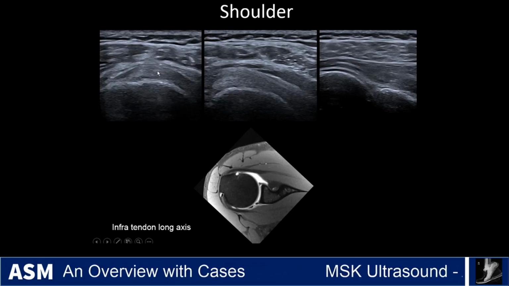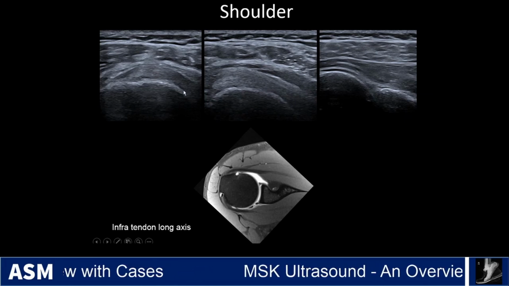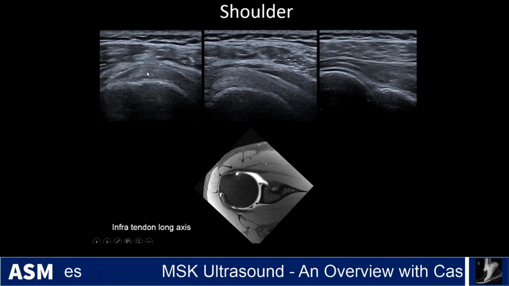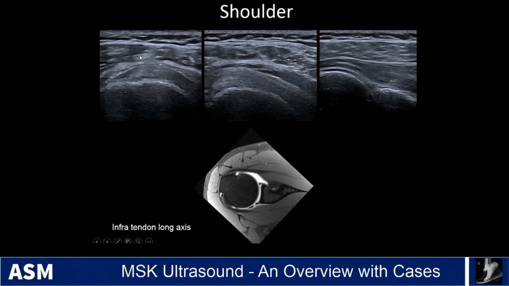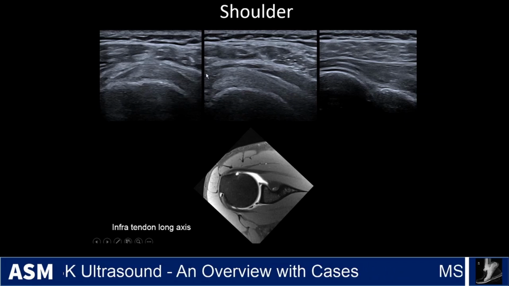Then you ask them to put their hand on their opposite shoulder, a Pledge of Allegiance type position. You come towards the back, angle slightly up, and in long axis you're seeing the infraspinatus tendon here, right at the footprint. You see the overlying deltoid and subcutaneous tissues, the humerus here at the footprint, and we start sliding medially,